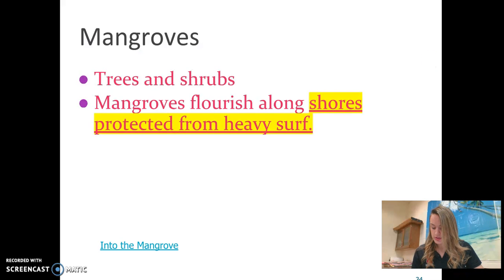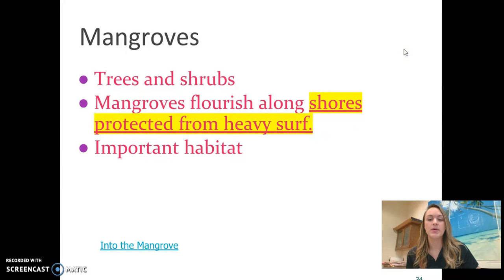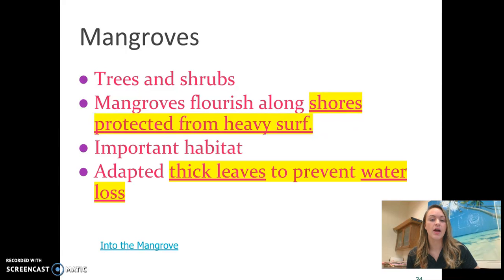All right, mangroves, just kind of going through this real fast. Mangroves you kind of heard of when you did your habitat presentations. And basically these are a super important habitat because they flourish along these shores and protect all these shorelines from heavy surf. So when we start looking at